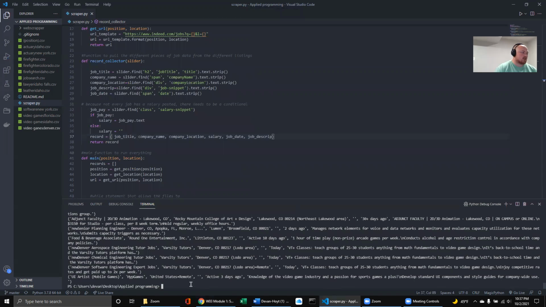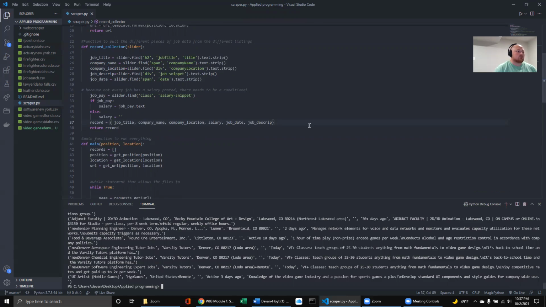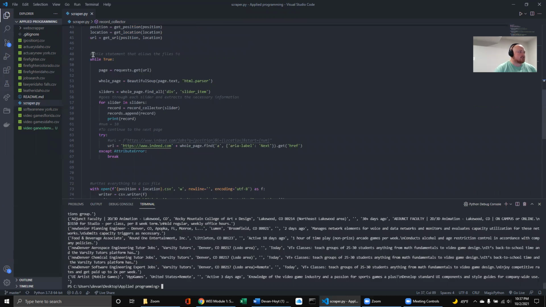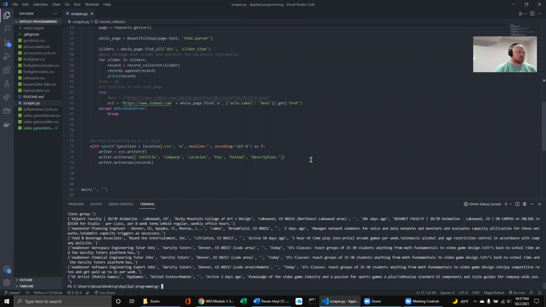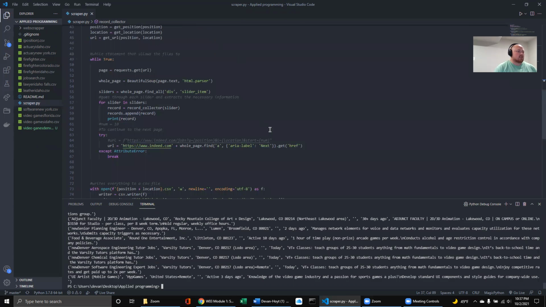Okay, it's going through. I did this because I was having some issues. One of the biggest issues I found when making a web scraper is that if you visit the websites you're trying to scrape too often, you'll hit a CAPTCHA, and I was getting that. I couldn't figure out what it was doing, and I knew it had something to do with this while statement. It wasn't hitting it because it fell into the job title and so on, but it wouldn't fill it in with any actual data. And so I implemented this print statement that I can take out now